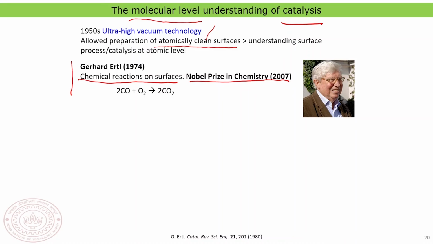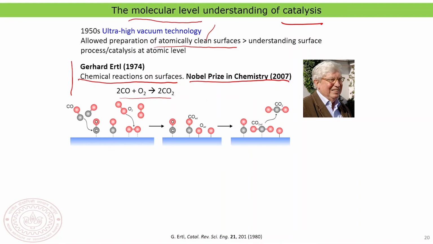So what he has done is he has taught us how the chemical reaction happens on the surface. As we have already discussed, this is a nearly impossible reaction in the gas phase because of the high energy cost of breaking carbon monoxide and oxygen. But we already know that on different surfaces, we can do this chemical reaction with greater ease, or with less energy cost. So how does it happen? We have already quickly seen it before.